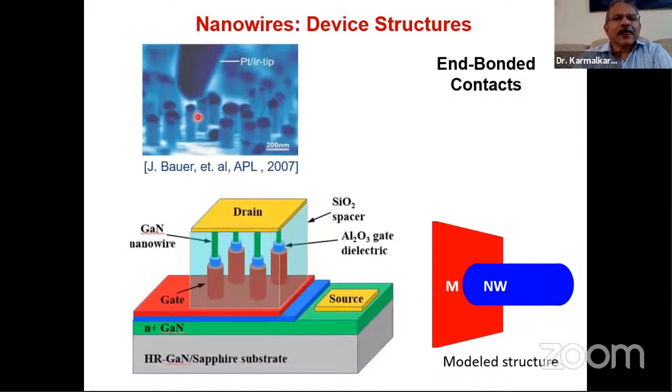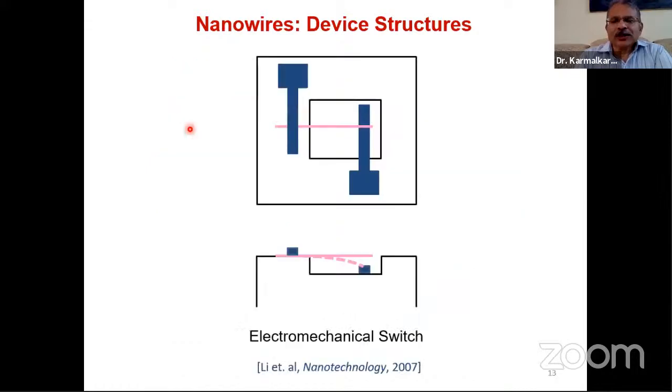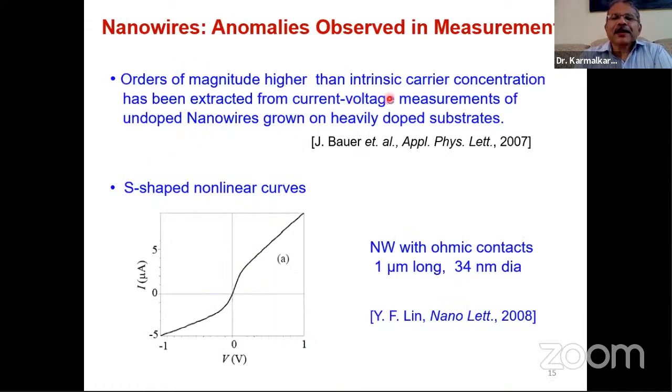This is the wire. No doping was done in this wire during growth. The substrate was heavily doped. So in such a situation, since doping in the wire is negligible, if you pass current through this wire, see the resistance, and then have a model for that resistance and calculate back what the doping is, you should get very, very low doping, right? Unfortunately, the observation shows that the carrier concentration seems to be much higher than the intrinsic carrier concentration. So how can you explain this? This is one of the observations.